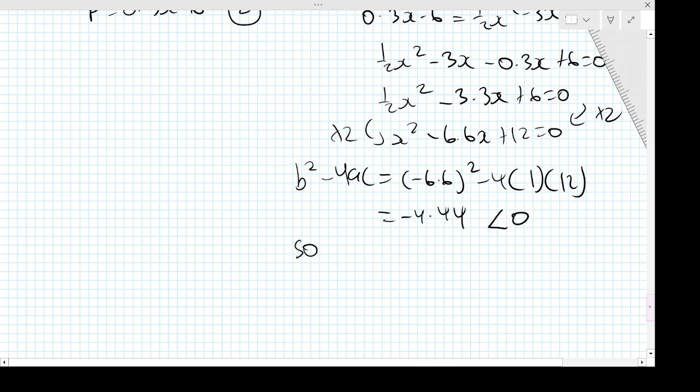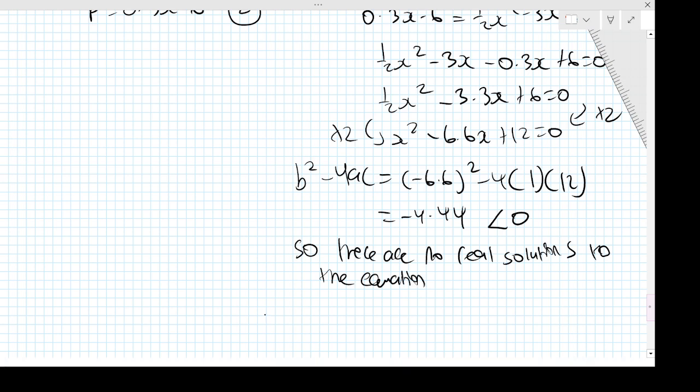So that means, if you think about the discriminant, what we did, if the discriminant is negative, that means there are no real solutions to the equation, to the quadratic. So if that means there's no solutions to the quadratic, there's no solutions to the simultaneous equations. So therefore, no solutions to simultaneous equations,